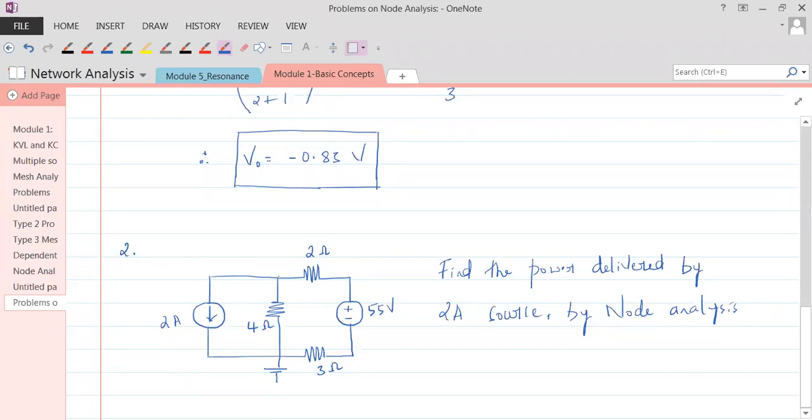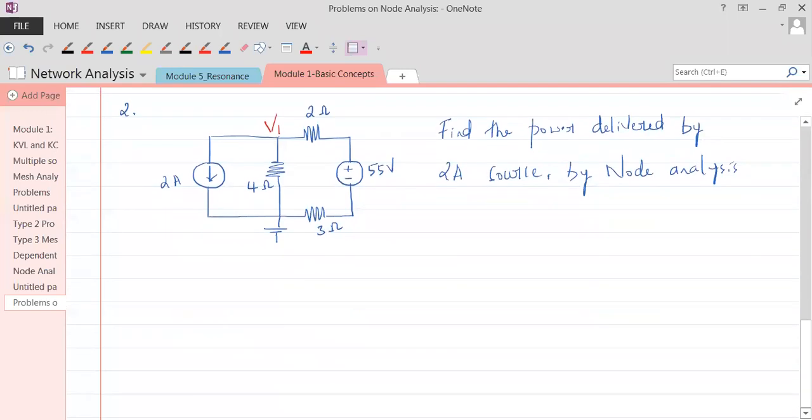Now I'm asking you this by node analysis, right? So when we find the answer, you can check it by solving this problem by mesh analysis. Anyways, you've learned mesh analysis. Understand that? So by node analysis, since we are doing that, we have to identify the number of nodes. How many nodes are there? There's just one node. So I'll mark that node as 1 and the voltage at that node as V1.